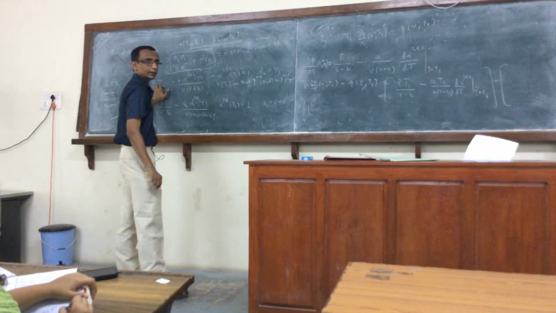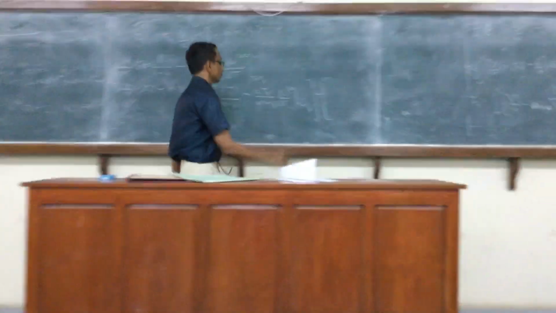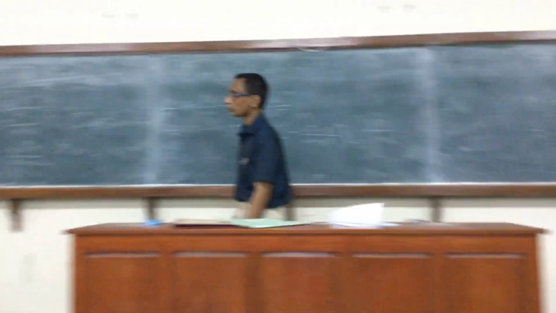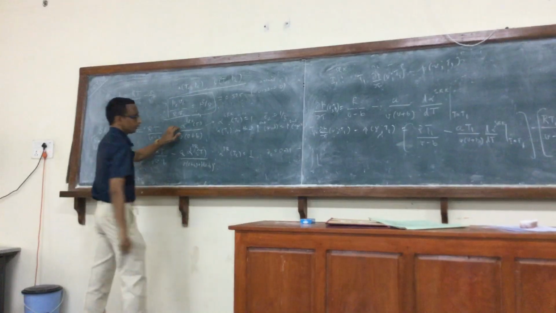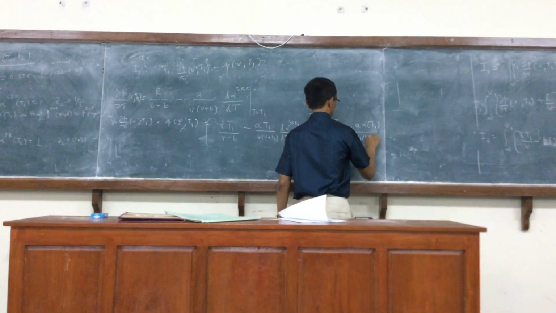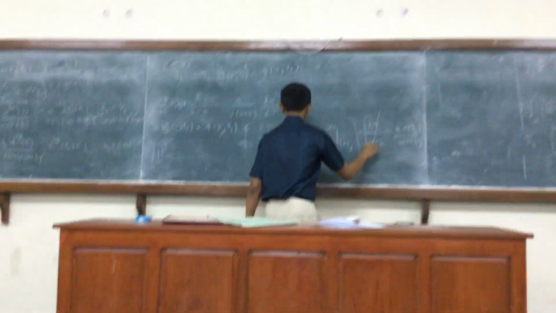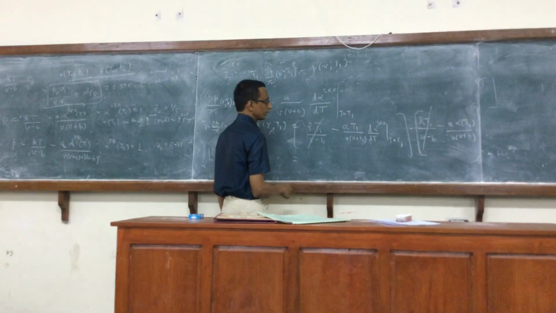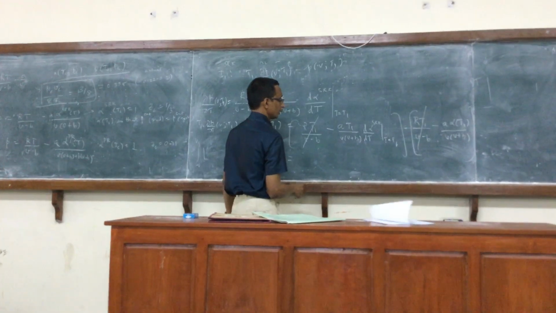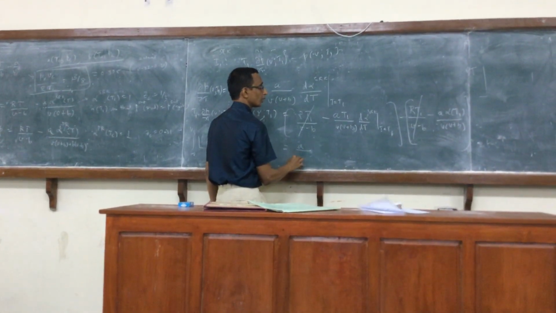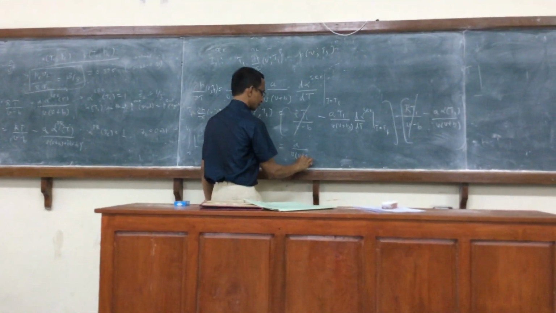P evaluated at T1 is again RT1 by V minus b minus a alpha over V into V plus b. The RT1 by V minus b term will cancel, and all I get is this quantity, which is simply a over V times V plus b. That's really the crucial